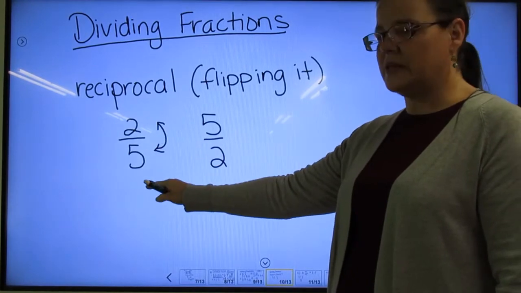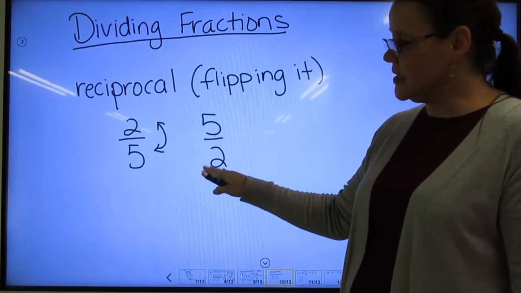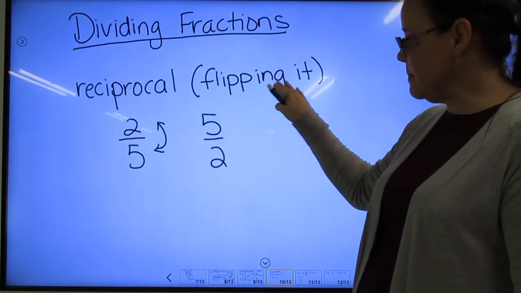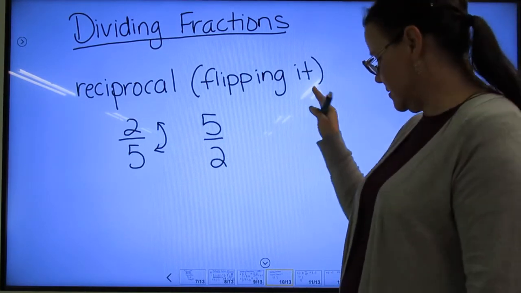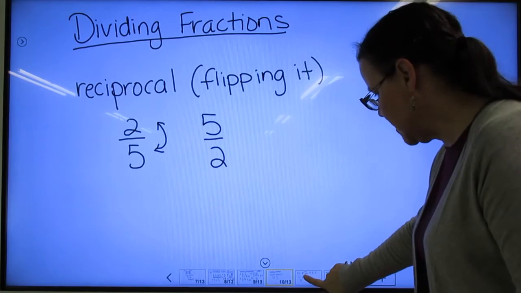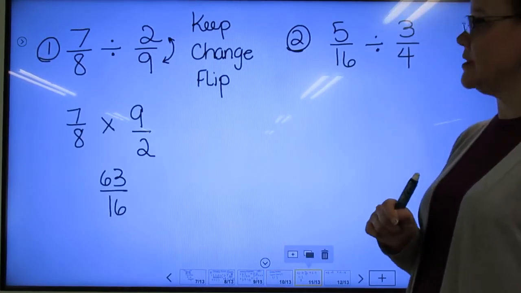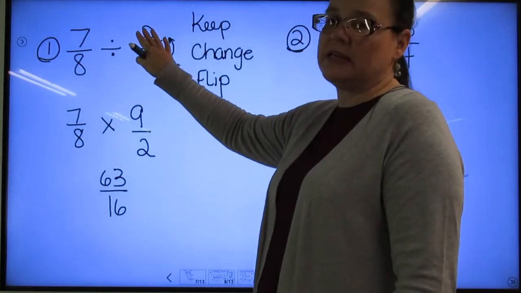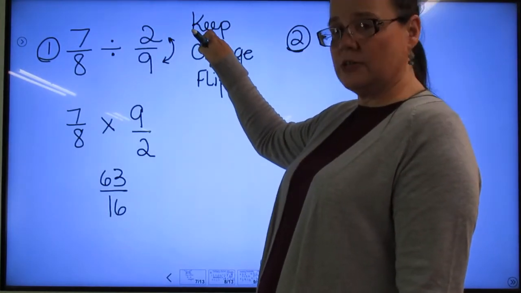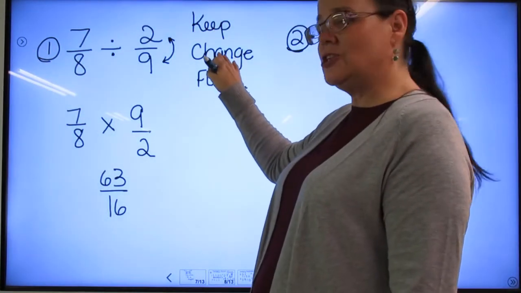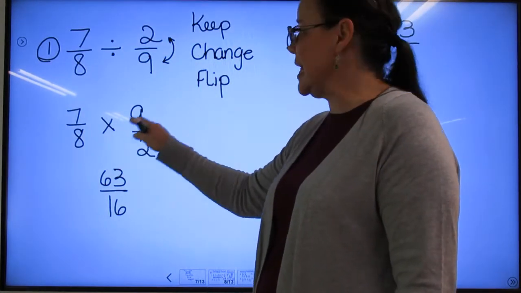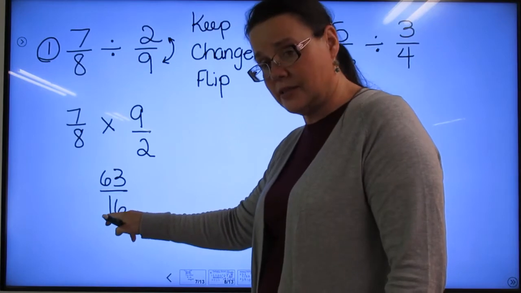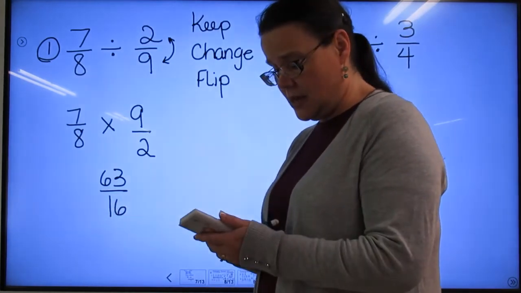Reciprocal of 2/5 is 5/2. Reciprocal means to flip it. Flipping the fraction, flipping it, okay? I'll show you what that means, because in division, you have to do that. You have to do 7/8 divided by 2/9. You keep the first fraction, you change it to a multiplication, and you flip the second fraction. You get 63 over 16, or